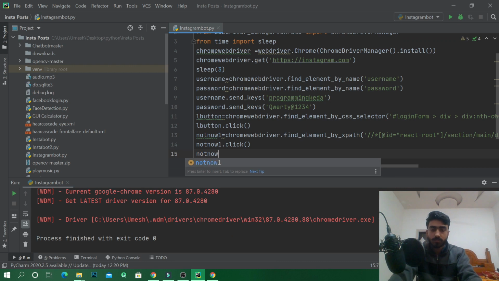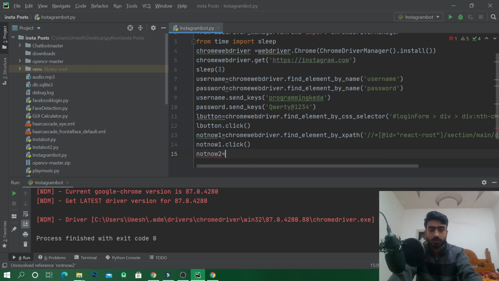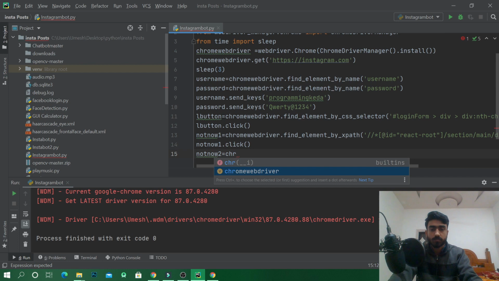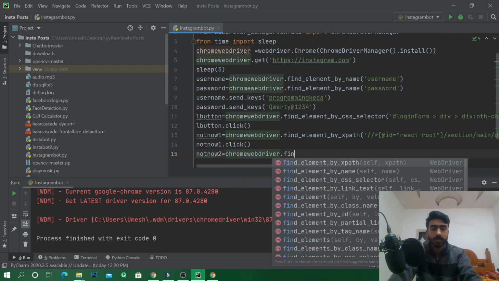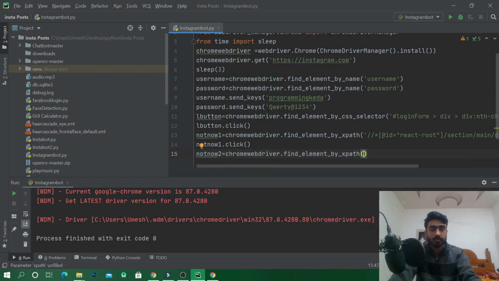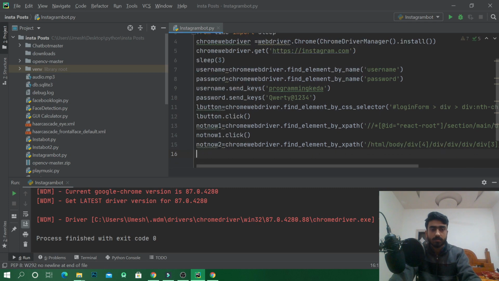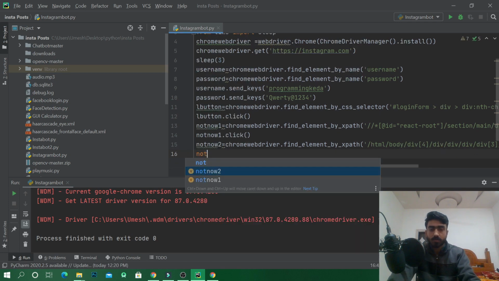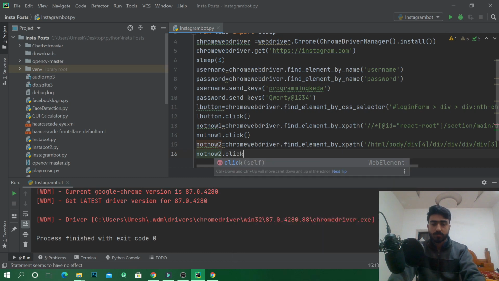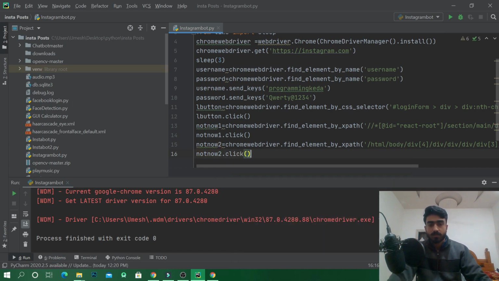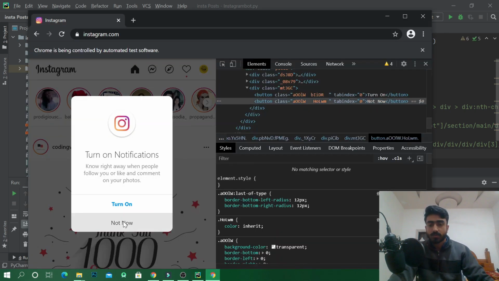Not now 2 equals Chrome WebDriver dot find element by XPath. We'll paste the XPath. Not now 2 dot click. This will click the not now.